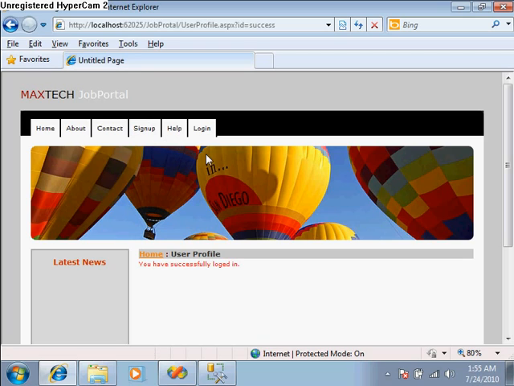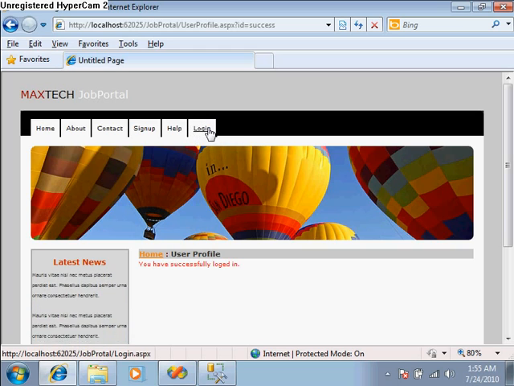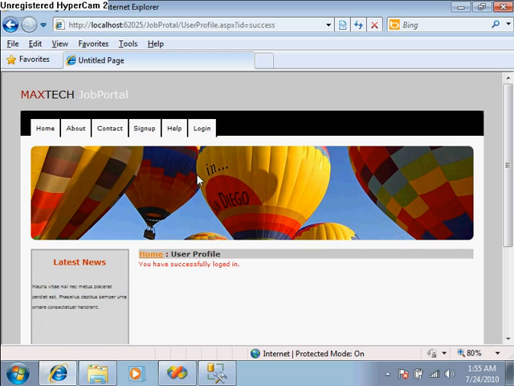And if I am logged in, then even in that case I do not require login; instead of login, I require logout. So now our next work is to maintain these hyperlinks. So for this